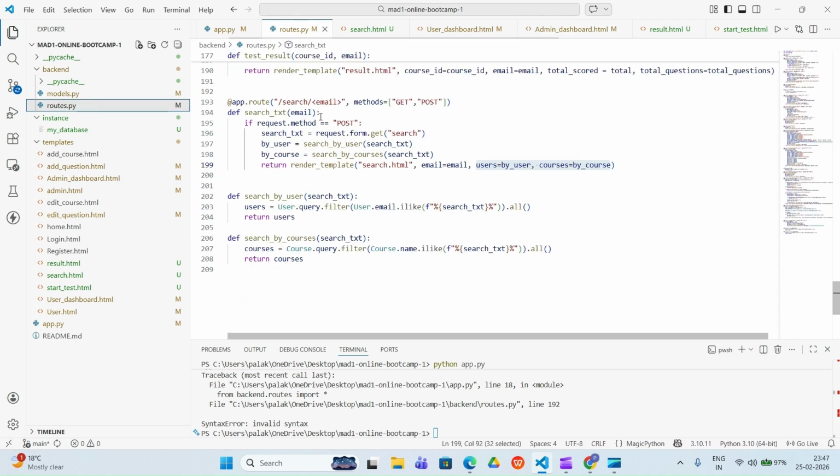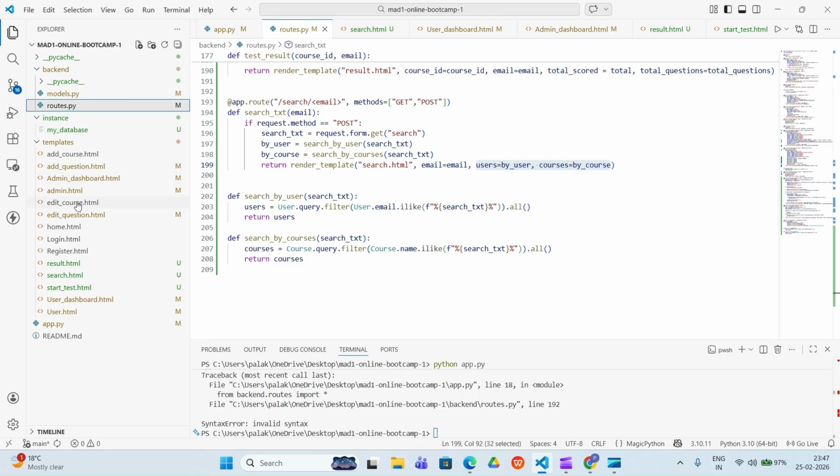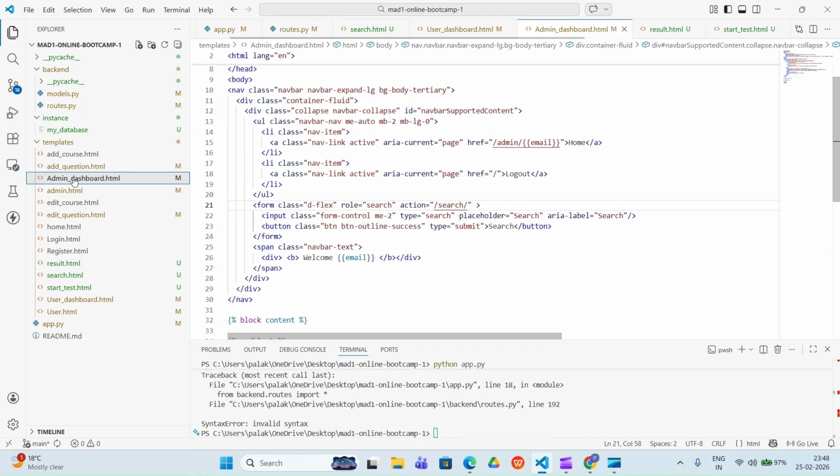If you go here, email is there, so you will write that part here. So in the admin dashboard, you need to give here email. You will write slash search slash email, and then after you need to define here method, and that is your post method.